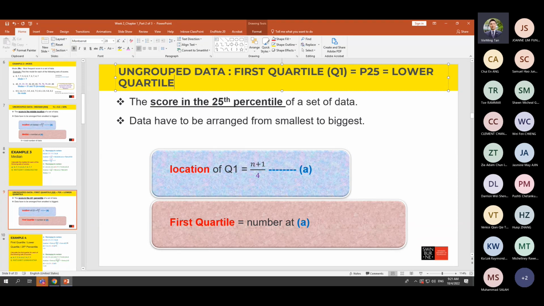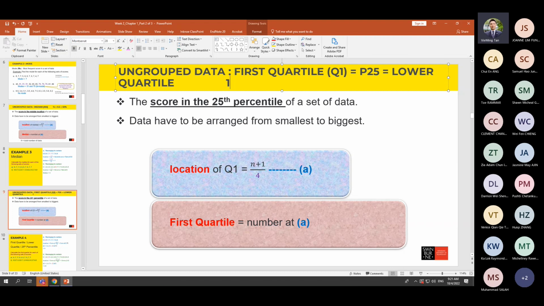First step. Second step is identify the location of Q1. What is the formula? The formula is n plus 1 divided by 4. Here n refers to the number of data available. So for your project, there are 50 data, so substitute 50 into the n. 1 is the constant number. Okay, 4, what's the reason we use 4? Because we know that